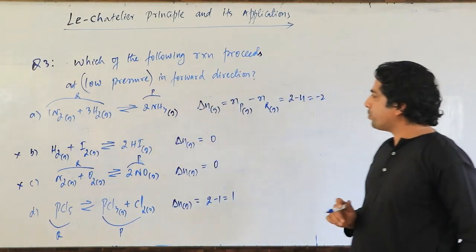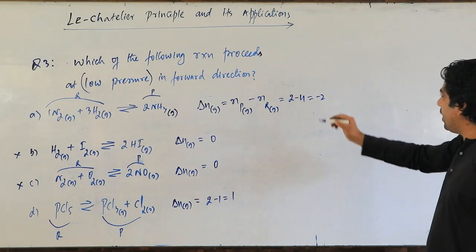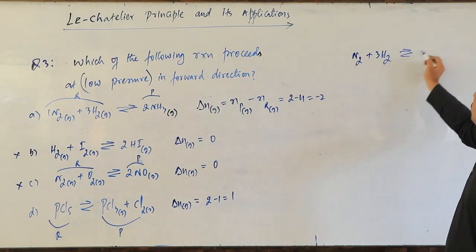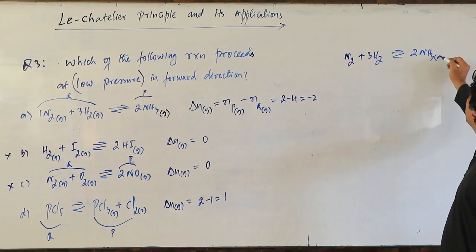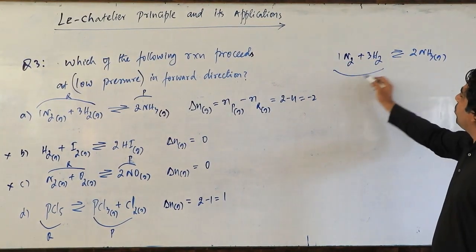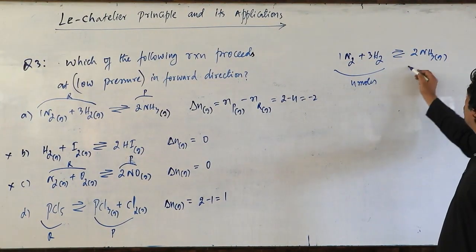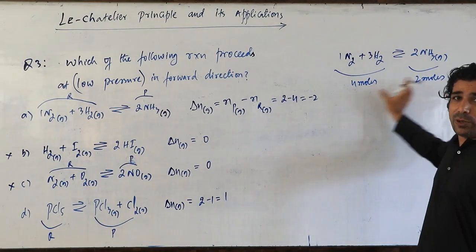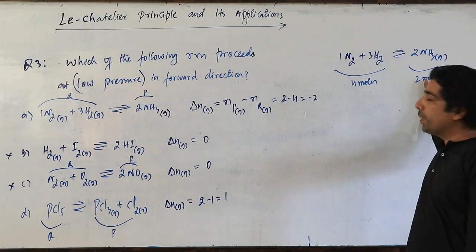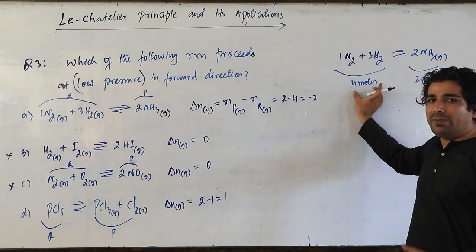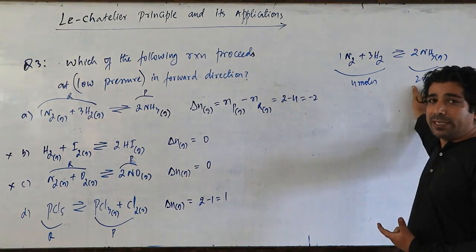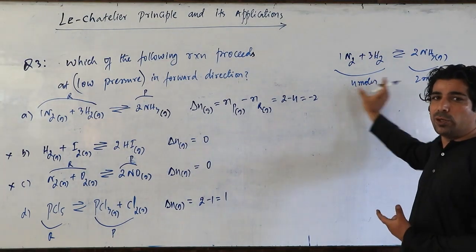Okay, have a look. If you take the first reaction, you will be having N2 plus 3 times H2 gives me 2 times NH3, my dear friends. See, we have here 4 moles. You are going from 4 moles to 2 moles. So when you have 4 gaseous moles and you have 2 gaseous moles, okay, obviously 4 moles will exert more pressure and 2 moles will exert less pressure. That means you are moving from high pressure to low pressure.